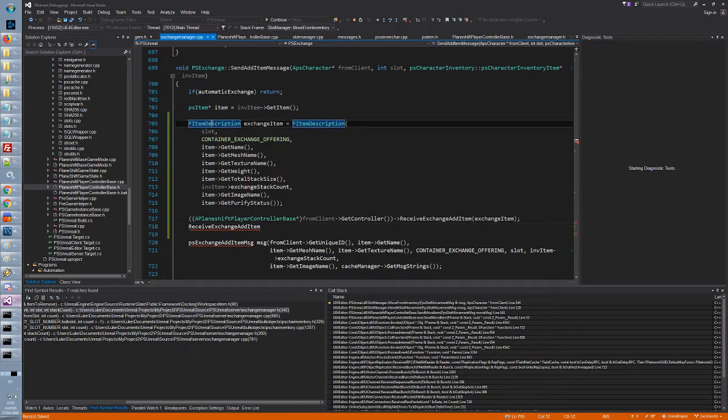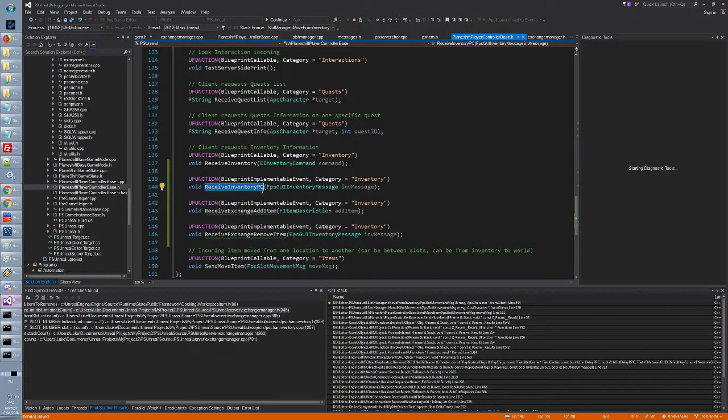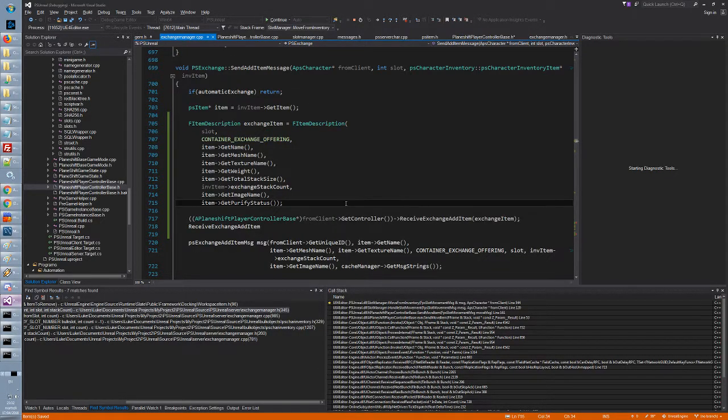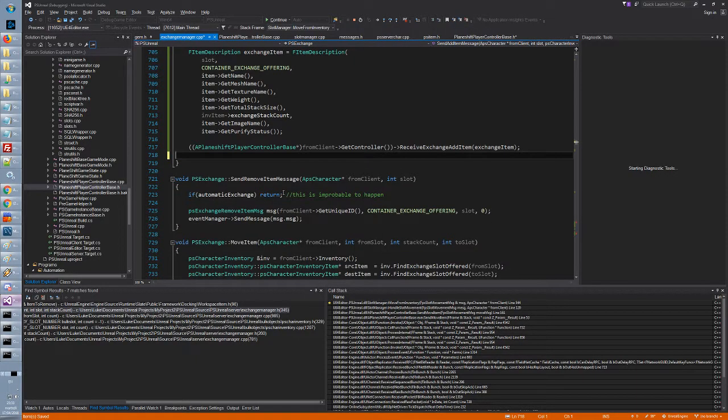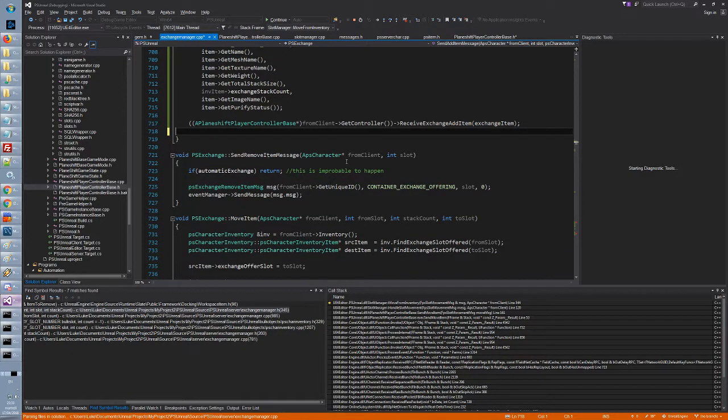An exchange item should be of type F item description. Let me just check if here we have our F item description, which is called add item. Perfect. Now in the remove item, which is exactly what I was looking at, all of this we can remove, by the way. We don't need it anymore. For the remove item, it's just passing in the container, the slot,